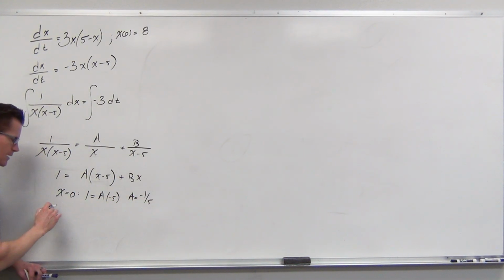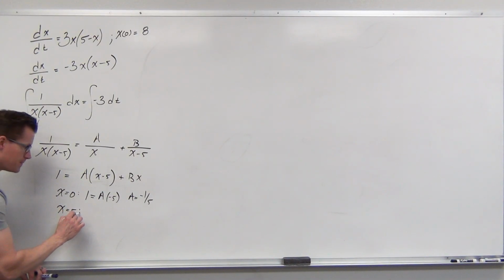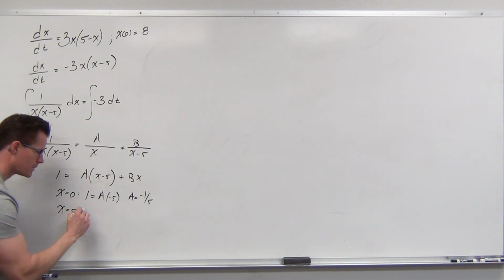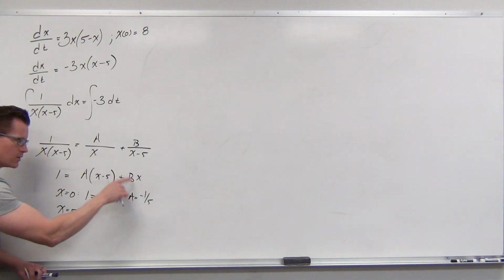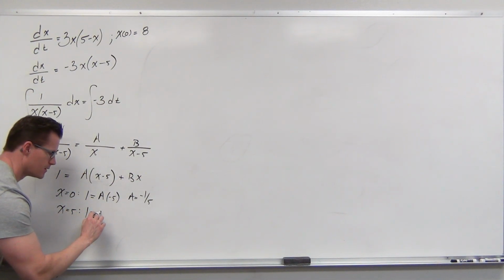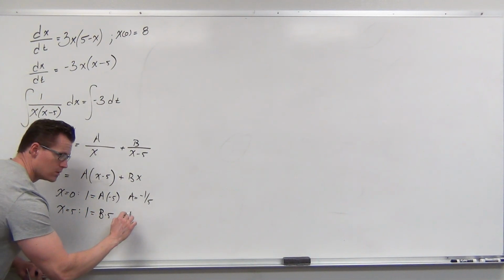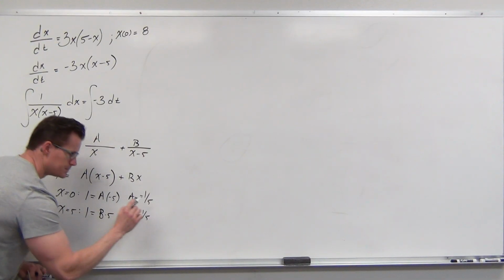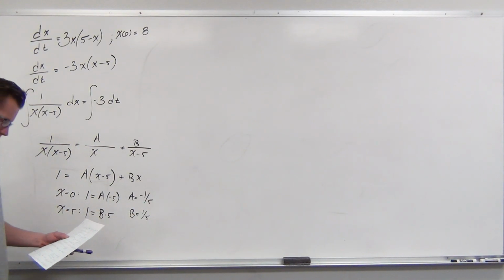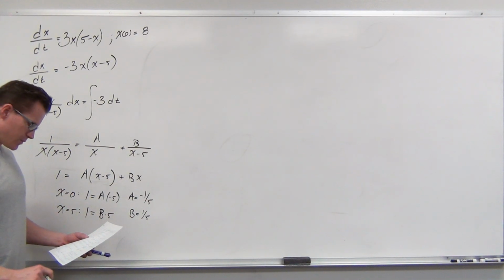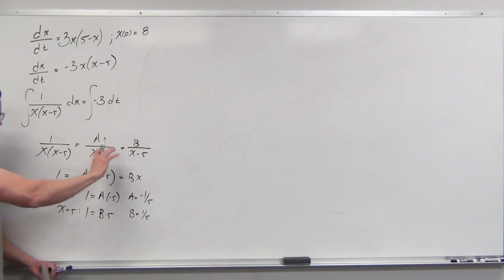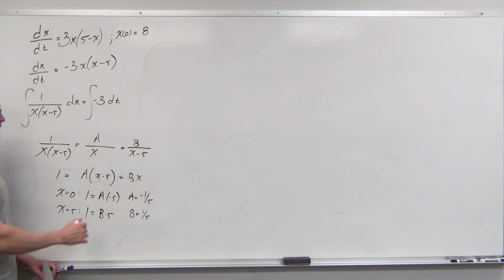That's kind of nice. If x was 5, then this whole term would be 0, and 1 would equal b times 5. Or b would equal 1/5. Now we've seen this very similar problem before. So when we break this up, when we decompose this into some partial fractions here, then we're going to have